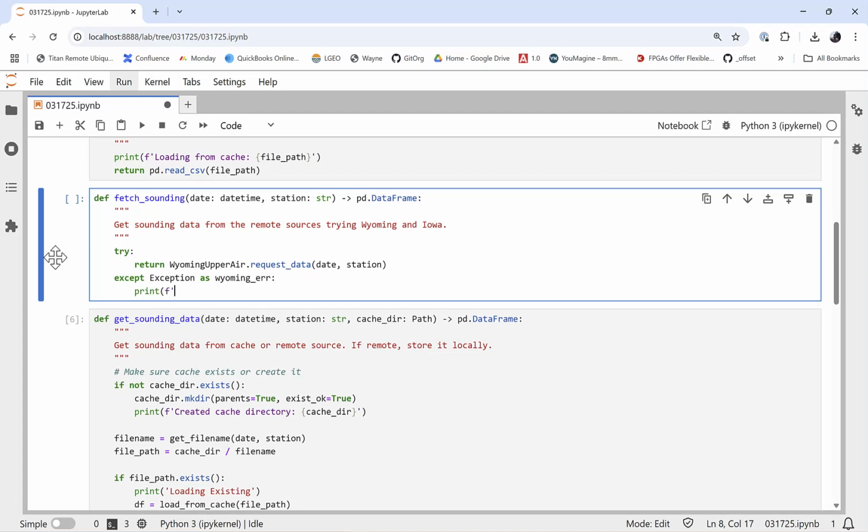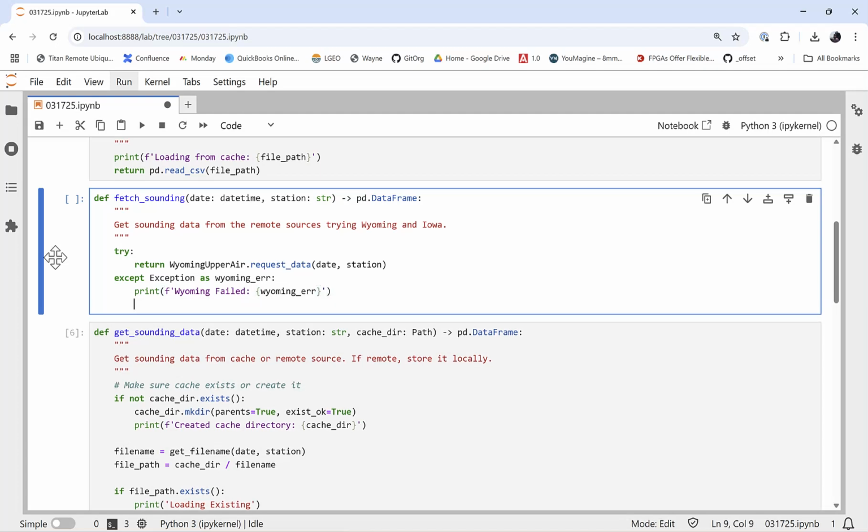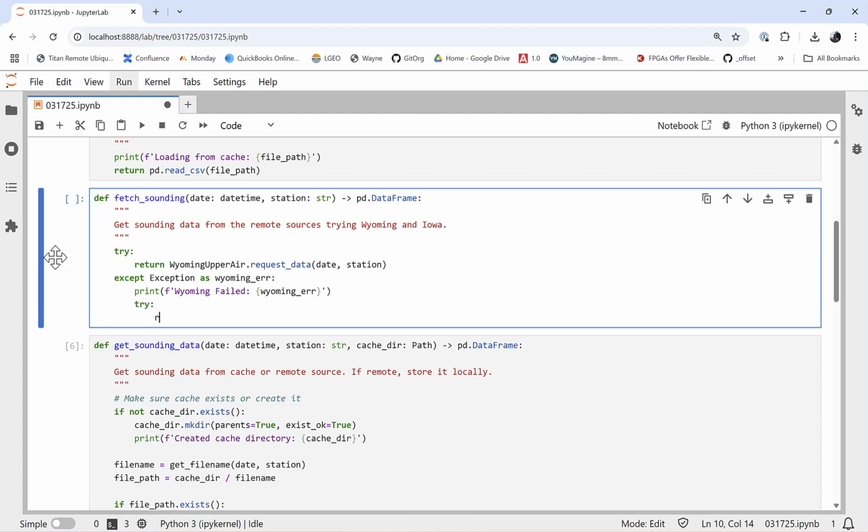I'm going to print Wyoming failed and our error so we can see what happened. And then inside that except, we're going to try returning IAStateUpperAir.request_data for the date and station,